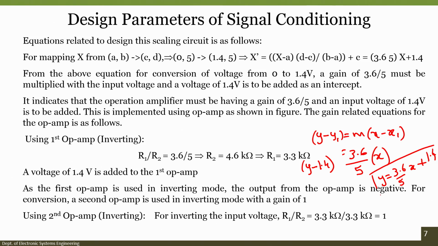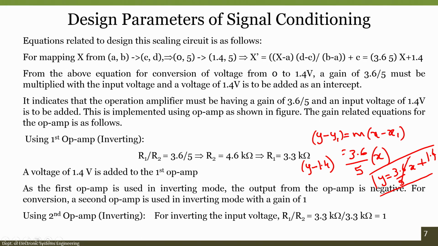This becomes very important for us to design our signal conditioning circuit. If you can observe, this here is your output and this is the input. When x is 0, you need your output to be at 1.4 volts, and when you have your input as 5, you will get your output again as 5 volts, two different conditions. Now, say x is 0, what happens? This term goes away.